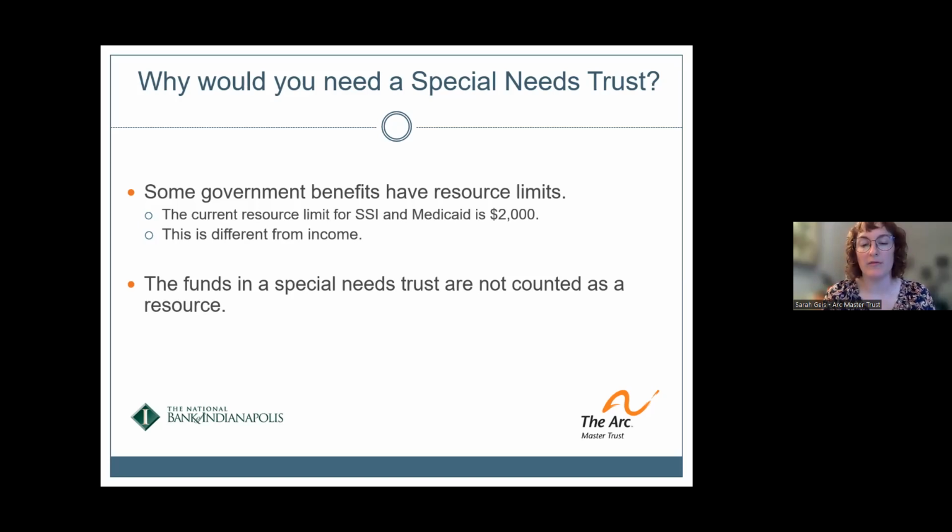These are the government benefits where, in addition to meeting a level of disability eligibility to receive those benefits, there is a financial eligibility component. Two of the most common means-tested benefits are SSI, which stands for Supplemental Security Income, and Medicaid. Both SSI and Medicaid have resource limits. Currently, the monthly resource limit for these benefits is $2,000. What I mean by that is on the first of each month, Medicaid and SSI want to see that your total countable assets